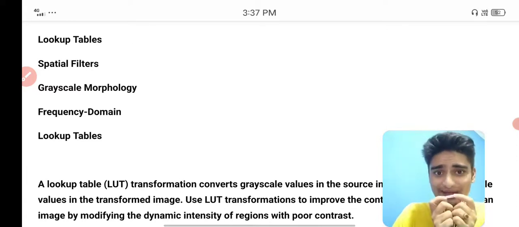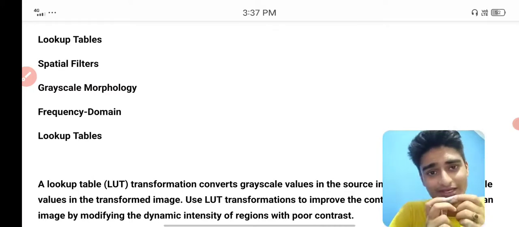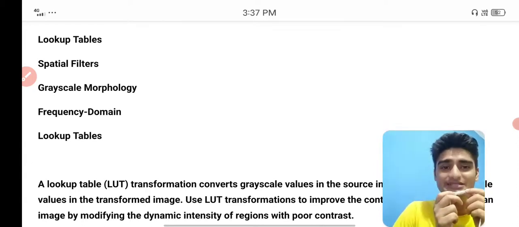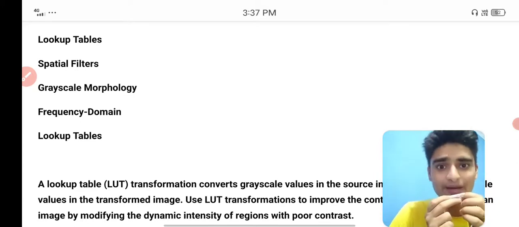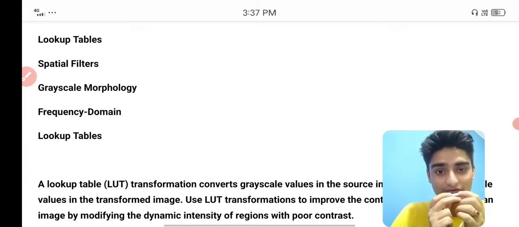There is no such confusion. Image processing does not natively have a frequency domain, but you can use the fast Fourier transform, or FFT. FFT is very useful in the frequency domain.